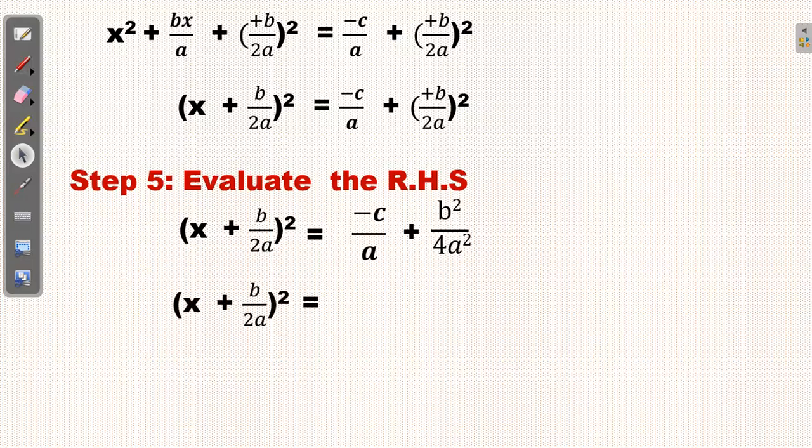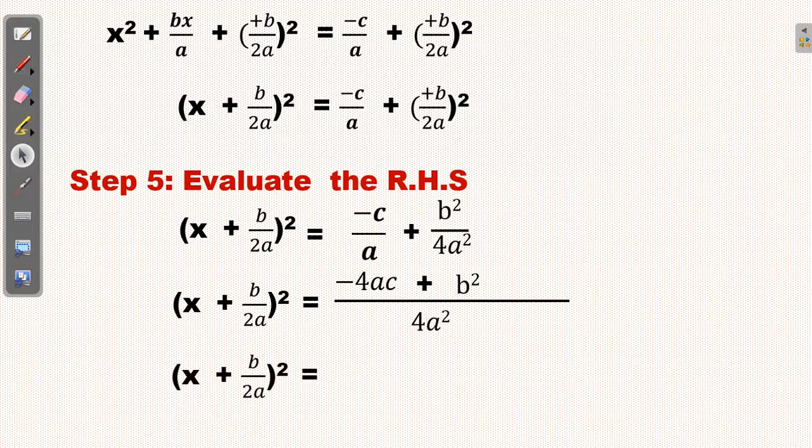Now the LCM of a and 4a squared is 4a squared. So 4a squared divided by a gives 4a. So 4a times minus c gives minus 4ac, plus 4a squared divided by 4a squared is 1. 1 times b squared is b squared. So we have x plus b over 2a all squared. We now rearrange so that plus comes before minus. So we have b squared minus 4ac